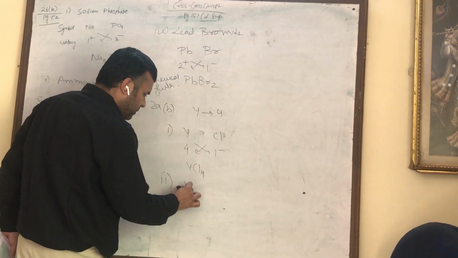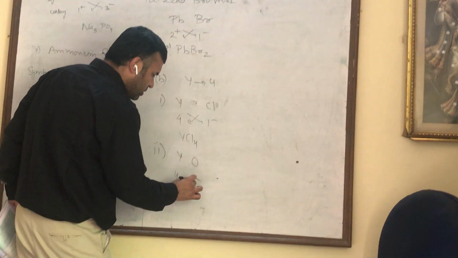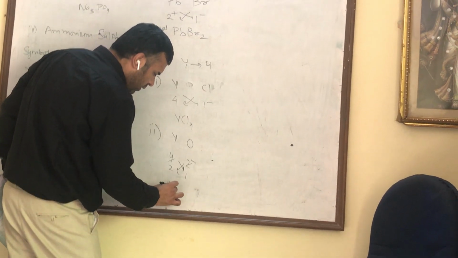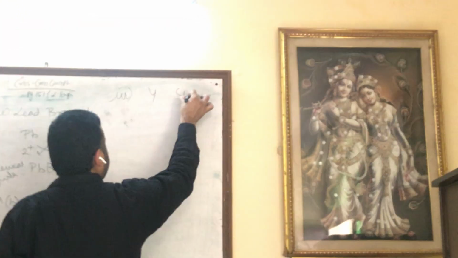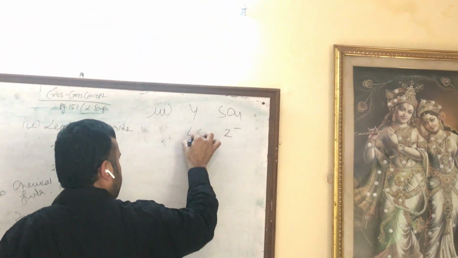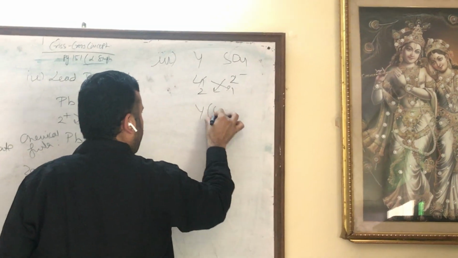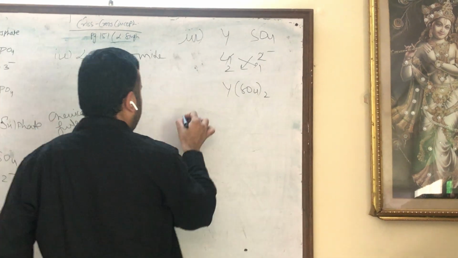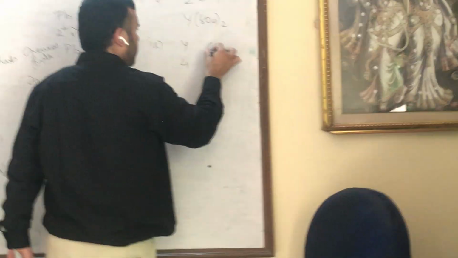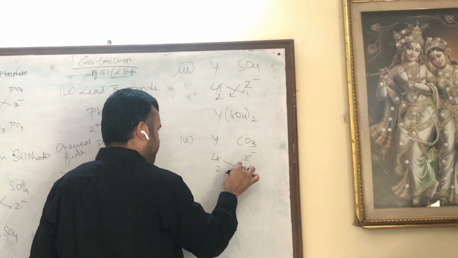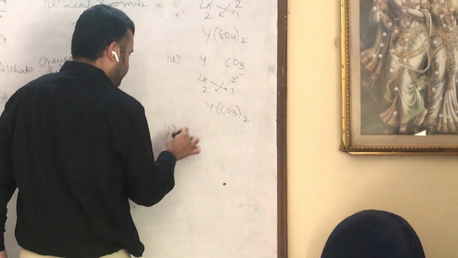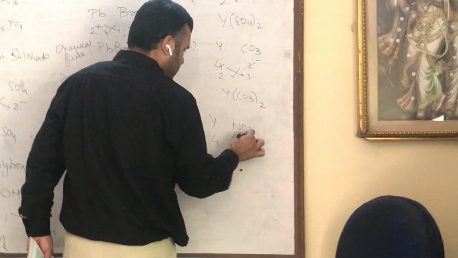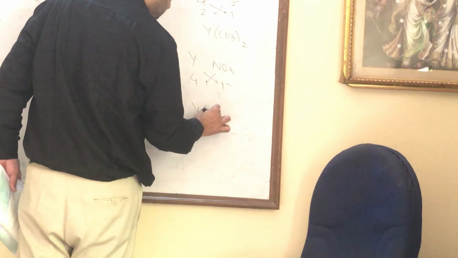Y के ऑक्साइड का बताना. Y की 4 दे रखी है, ऑक्सीजन की 2 होती है, 2 कट कर दो, Y1O2 और सिंपली YO2। सल्फेट का बताना है Y के। Y की वैलेंसी 4 दे रखी है, सल्फेट की 2 माइनस, कट इट, Y(SO4)2. कार्बोनेट, Y की 4 दे रखी है, कार्बोनेट है CO3 विद वैलेंसी 2 माइनस, कट इट, Y(CO3)2. नाइट्रेट, Y की 4 दे रखी है, नाइट्रेट इज NO3 विद वैलेंसी 1 माइनस। So class, if you know the formulas, you can easily